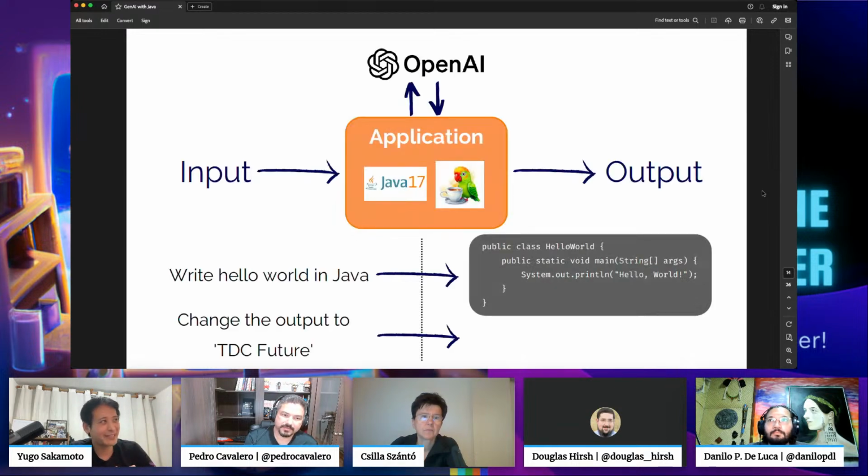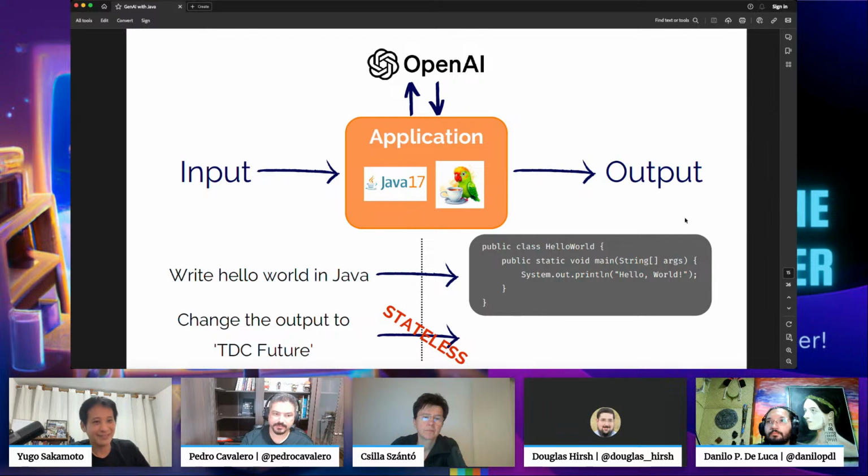So when I write hello world Java, and then I ask the model to change the output, then actually I will have a problem here, because these models aren't stateful; they are stateless. They don't keep in memory the previous prompt input. So how does it actually work then? Because ChatGPT remembers what I typed before.